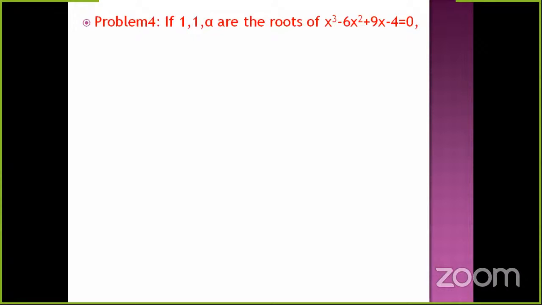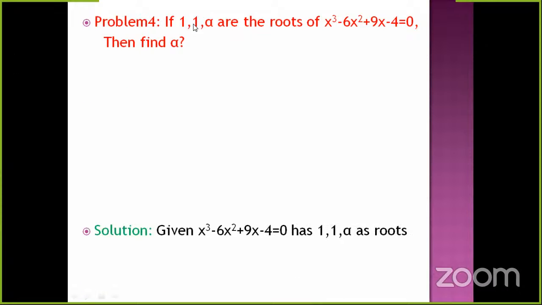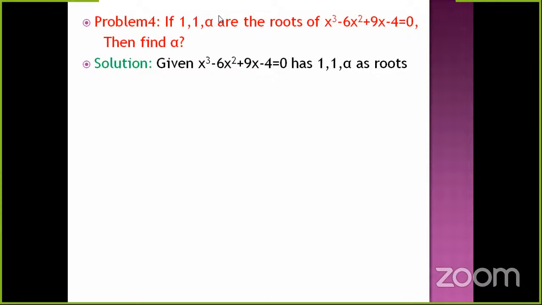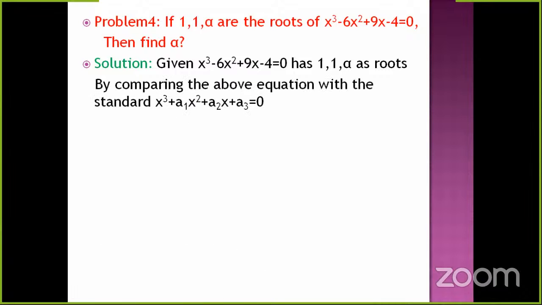Now consider the next problem. If 1 comma 1 comma alpha are the roots of x cube minus 6x square plus 9x minus 4 equal to 0, then find alpha. So here they have given 2 of the roots, but this one is unknown. So my work is to find this root value. So given the roots of the cubic equation are 1, 1 and alpha. So for my convenience, I'm taking the value of